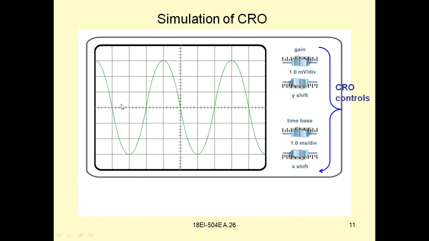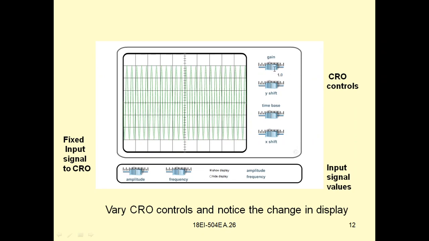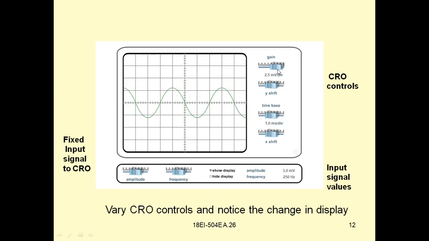Now, you can see a sinusoidal signal here. Now, let us see how the signal amplitude changes by changing the gain. This is the adjustment of signal. Now you can see here.